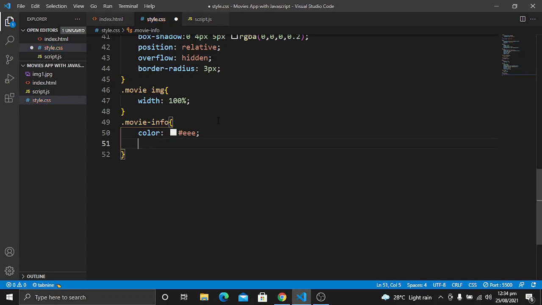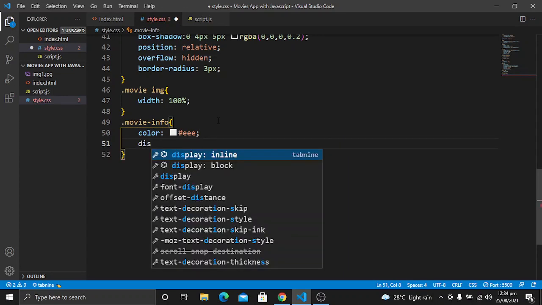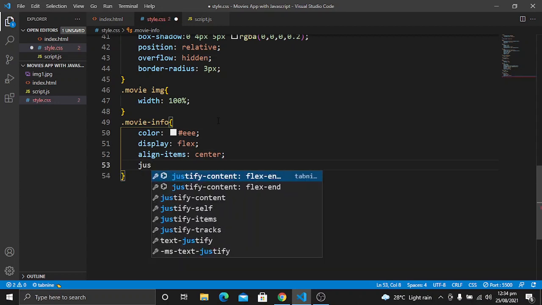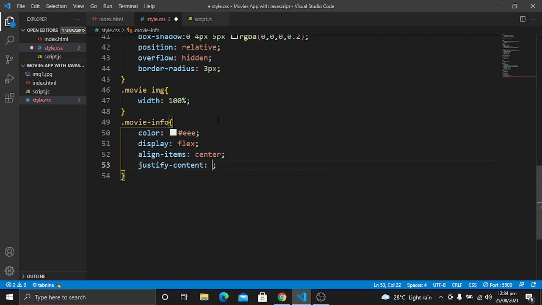Now move to the next line and use the display of flex. We want it to be flex. Align items will be center. Justify content will be something like space between, I think will be a good one, so it will be space between.